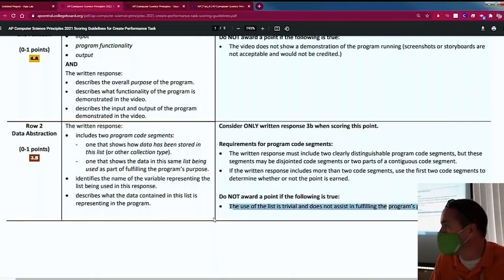The grader isn't going to second guess you. If you make a good argument as to why you need the list, you get the point. But if you make a garbage argument here, you will not get the point, right? So